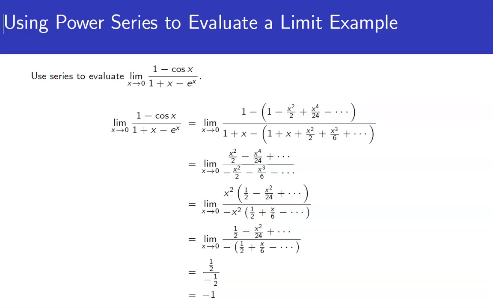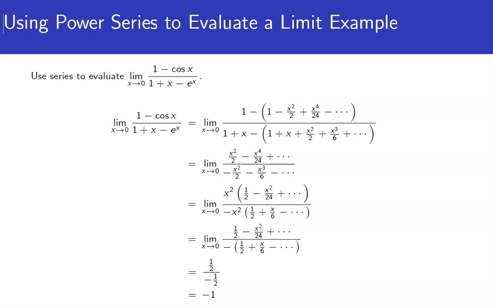In this video, we're going to use power series to help us evaluate a limit. So we have the limit as x goes to 0 of (1 minus cosine x) all over (1 plus x minus e to the x). Probably the easiest way to do this, at least in my mind, is to just write out some of the terms of the series and start seeing what happens when you